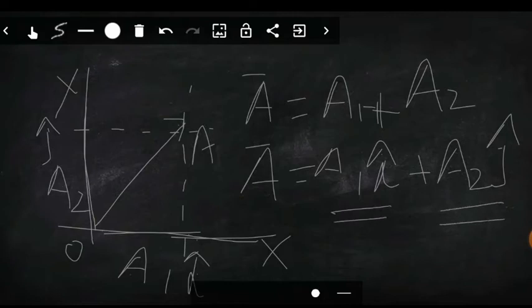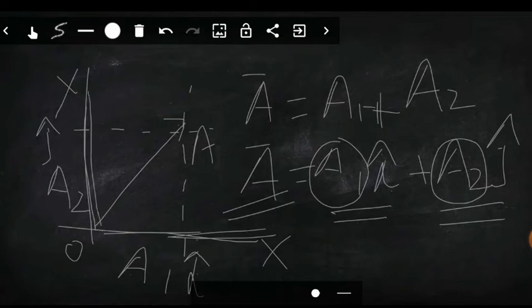Here a1 is the magnitude of any arbitrary value, and i represents the direction. Here a2 is the magnitude of any arbitrary value, and j represents the direction along the y axis. So this vector a is resolved into its two components. One is along the x axis and the other one is along the y axis. The x axis component is a1 i and the y axis component is a2 j. That is the resolution of this vector. Okay,